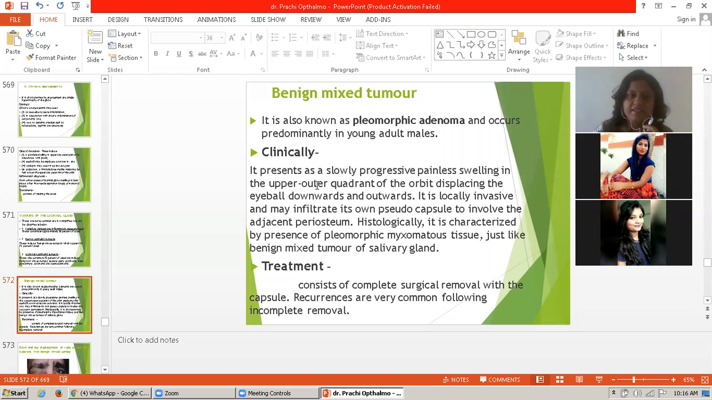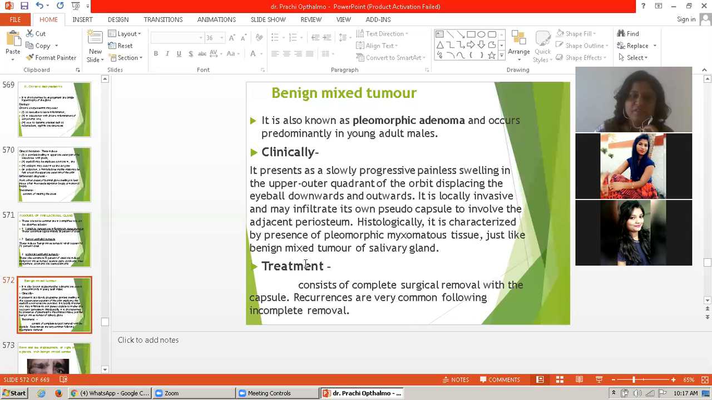It presents as a slowly progressive painless swelling in the upper and outer quadrant of the orbit, displacing the eyeball downward and inward. So it is locally invasive and infiltrates its own pseudocapsule to involve the adjacent periosteum. Histologically, it is characterized by the presence of pleomorphic myxomatous tissue, just like a benign mixed tumor of the